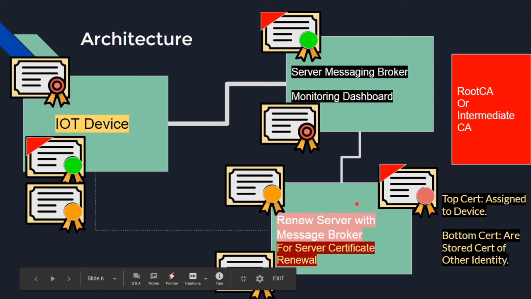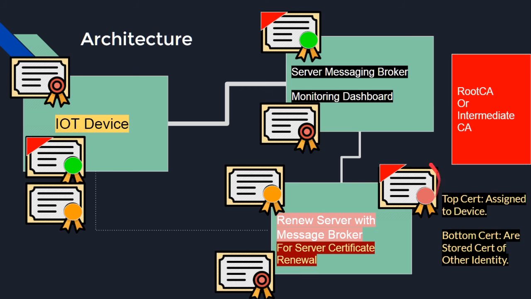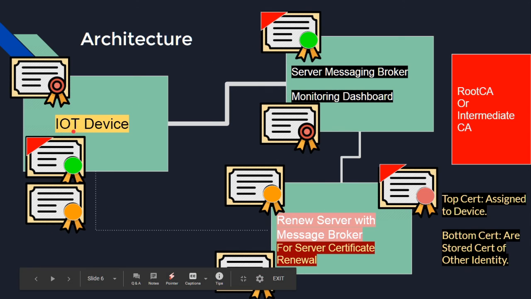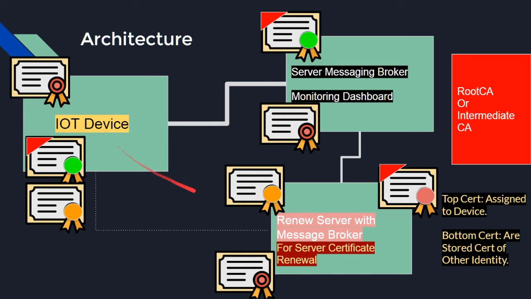When this Renew server is contacting this server, it will use another certificate that is validated by a third party authority. And this server, when communicating with the Renew server, would contact via this certificate, not with this certificate. It is only when a server is contacting the IoT device that it will use those certificates that are stored in the IoT device, because the IoT device should also know the other party that is contacting it.